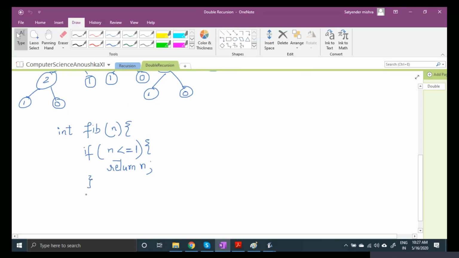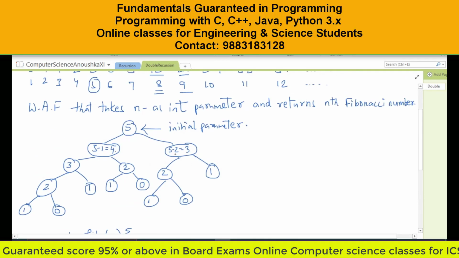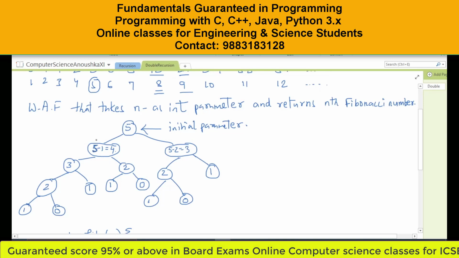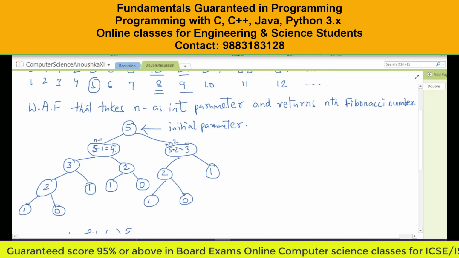Okay, so else, you write here Fibonacci of the first one, which is n minus 1. If 5 is kept inside n, the first one is n minus 1 and this one is n minus 2.